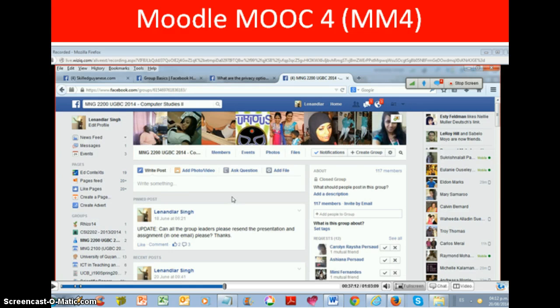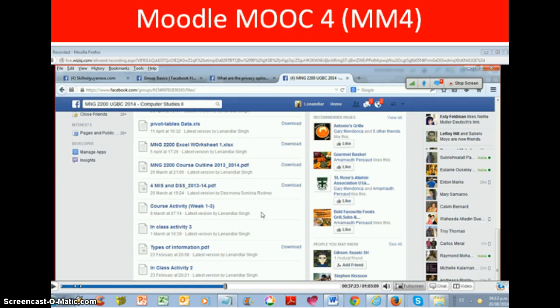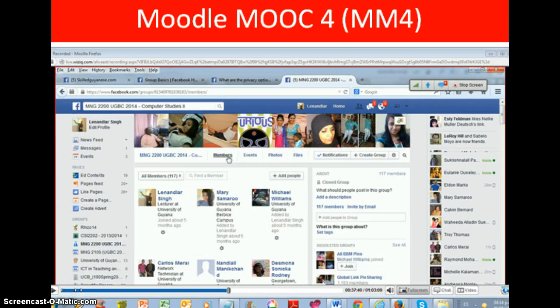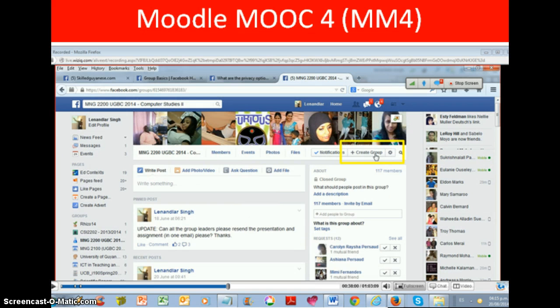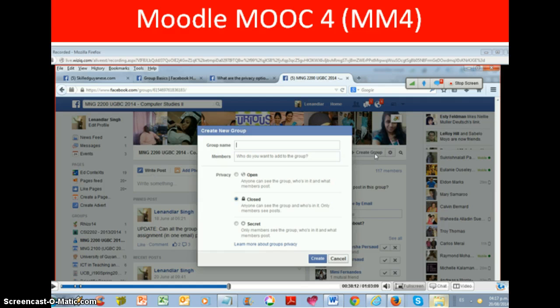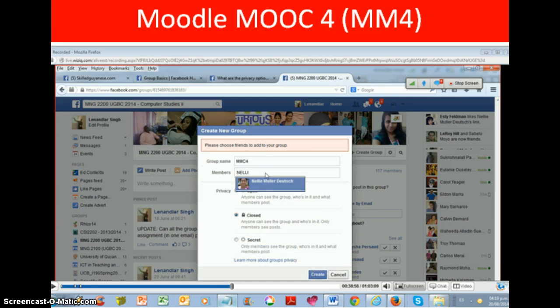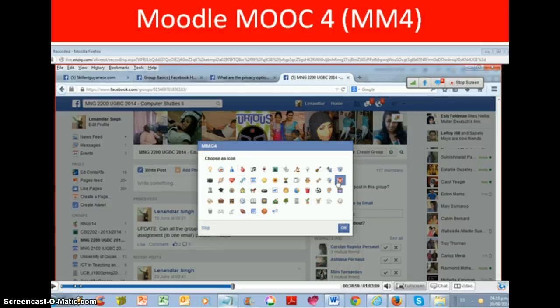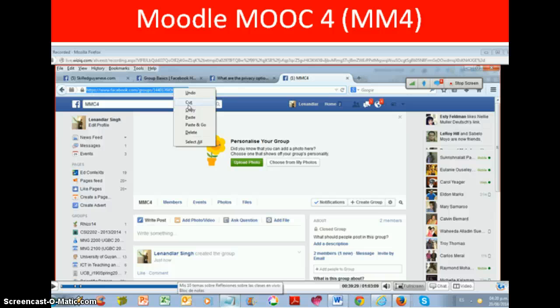For example, we enter a group that lecturer Singh administers. We see all the documents he created in the group and all the members. To create a group, click the Create Group button. Then we give a name to the group. And we can take advantage to choose members from the list of contacts we have for our group. Then press the Create button. We select our group icon to display on the left side of our profile and press the OK button. Here we can see the group created.